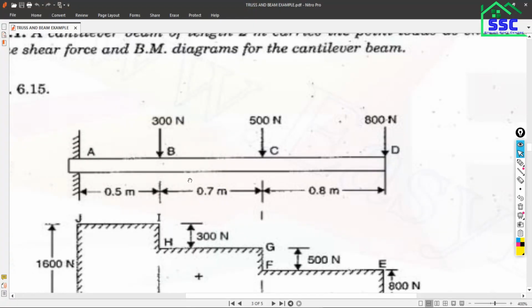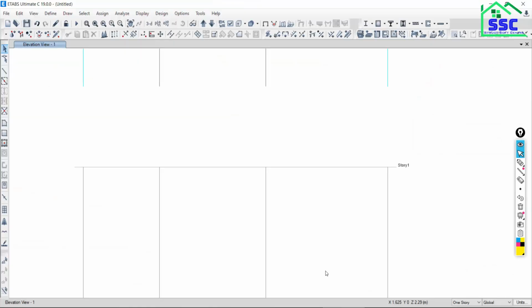So see, we have to model. One more question: is it a single beam or a part beam? It means A to B, B to C, C to D. Single beam. But what will happen if I click over, go to beam section, close this one? If I am taking from this point, click over the first point and move to this point, is it right? Yes, sir. So this beam we have. Now next thing is what? This done. Just drag from left to right so that this joint will be selected.